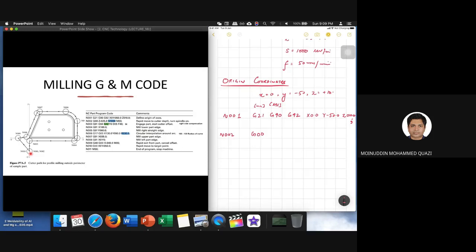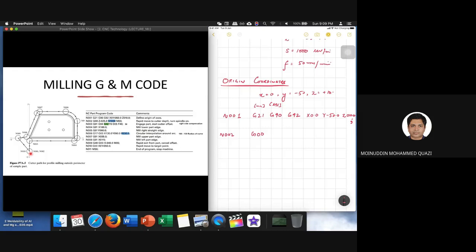Initially, this is my workpiece, and my cutter is not aligned with the workpiece. The cutter is above. I want the cutter to move down first, then move towards the object and do the milling process. In drilling, we move towards the location, then we start the drilling process. In milling, we start the spindle, and then we move in towards the location from where we need to start the milling.